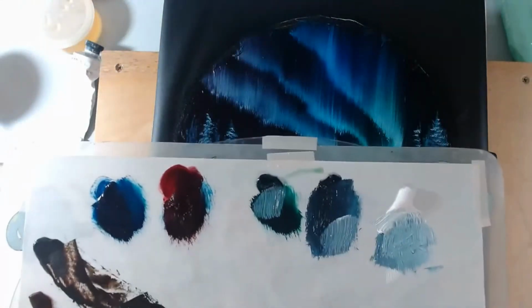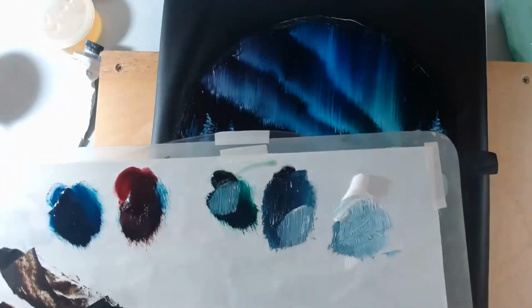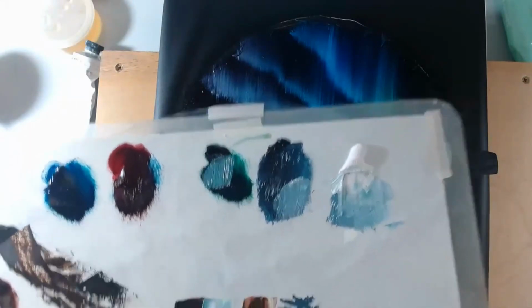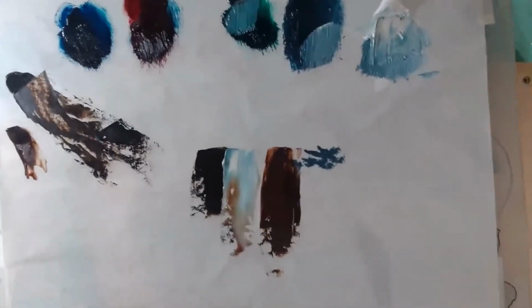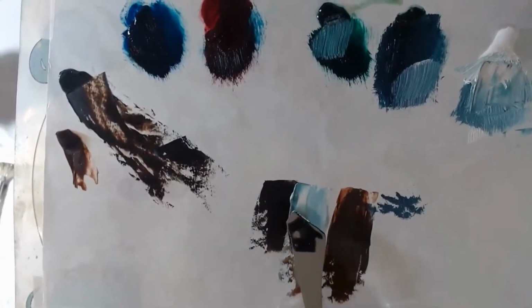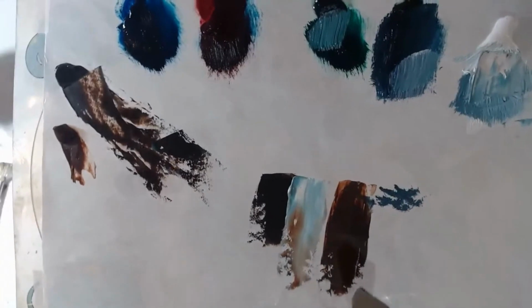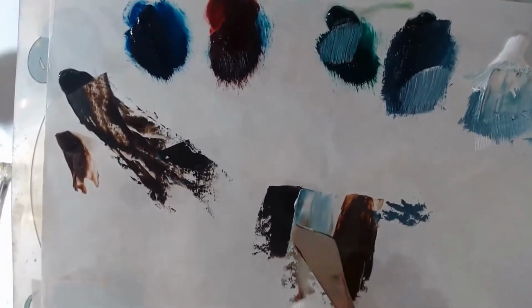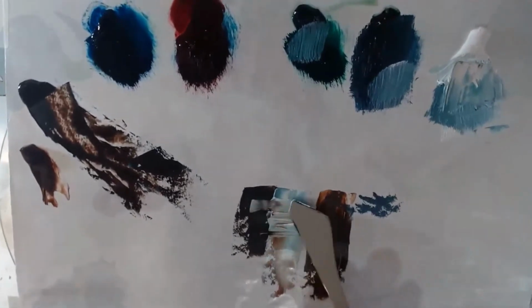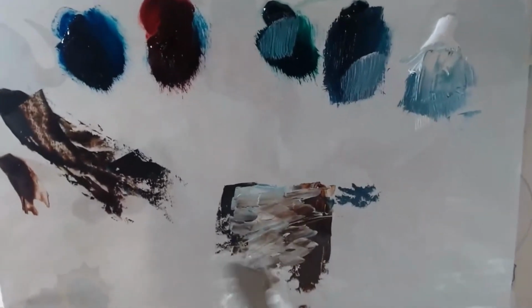Let's mix up a little marble mix. So I've got a little bit of Van Dyke brown, a little bit of sienna, and a little bit of grubby white down the middle. And notice here how I lay my colors out. I separate the two browns with the pale color in the center for a reason. If I put the two browns side by side and then put light to the side of those two, the two browns are going to run and have fun playing together before the light color gets mixed into it. By putting the light color through the center, you can pull the colors into it and across to the other side. So this way you create